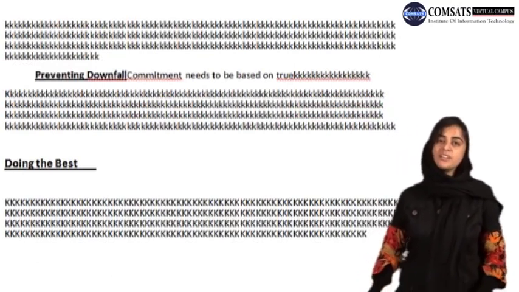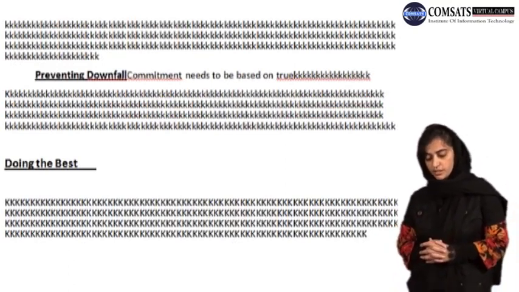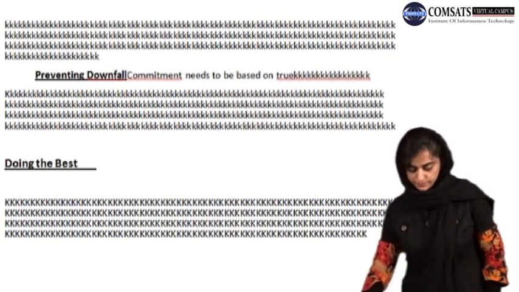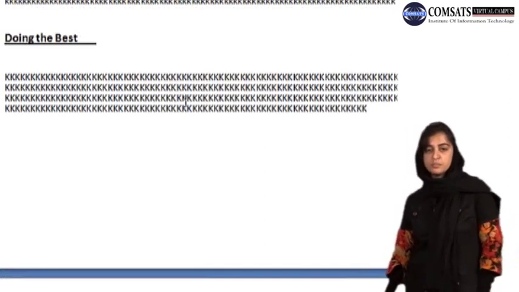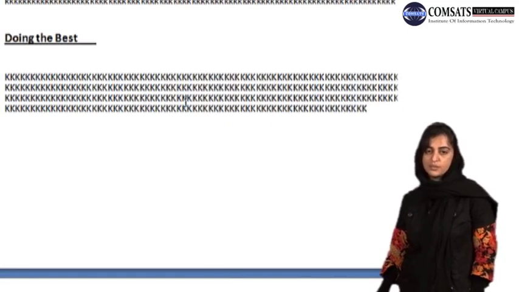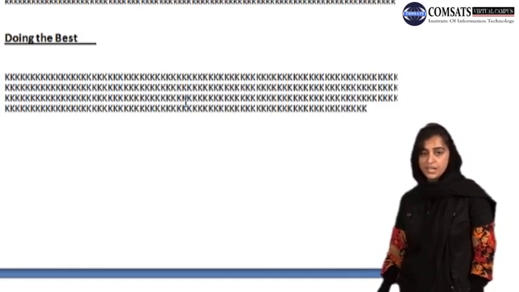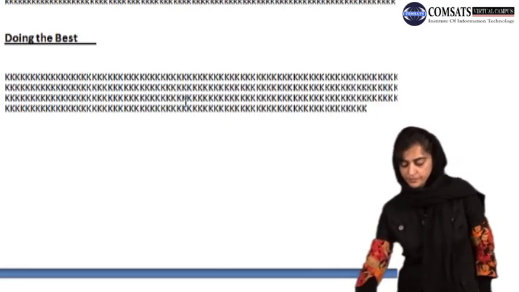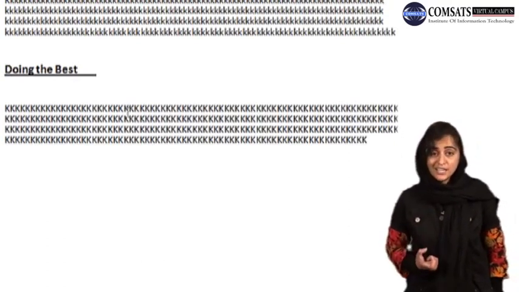Let us see, is this report having any more 3rd degrees to it? Yes, dear students. We are having one more 3rd degree that is displayed in front of you in this report. Doing the best. It's a 3rd degree. And what type is it using? It is using again the variant type, doing, verb with ing. By definition, it is the variant type. So this report, dear students, is following the rule of the parallel format of the headings for the 3rd degree